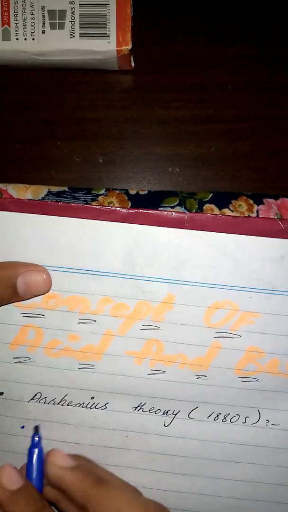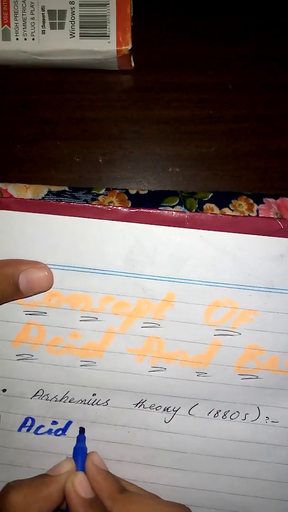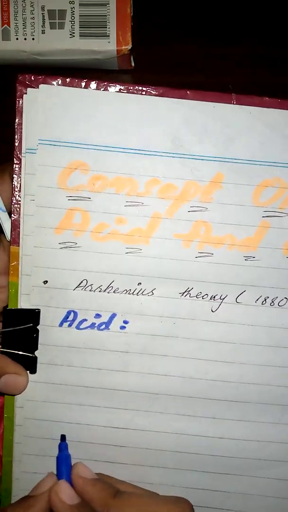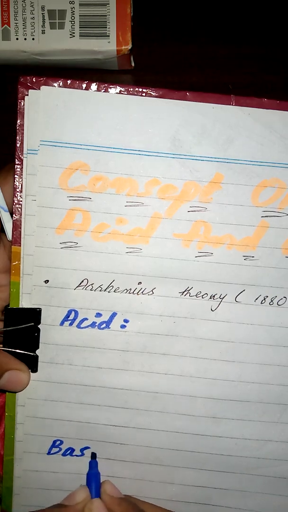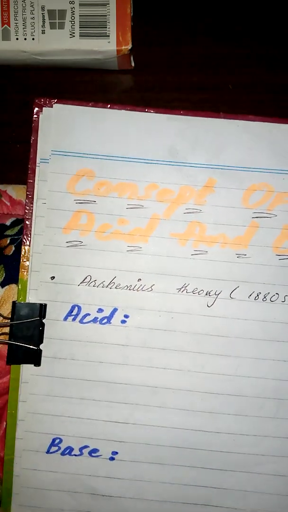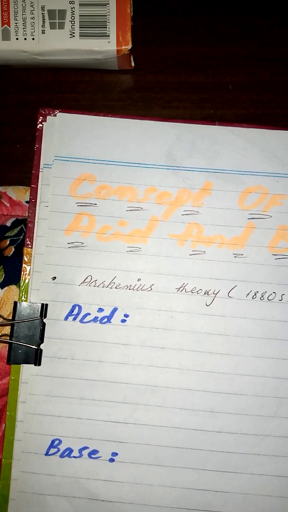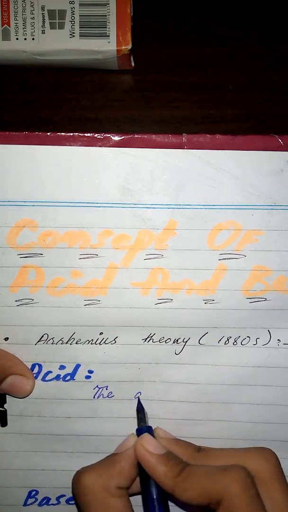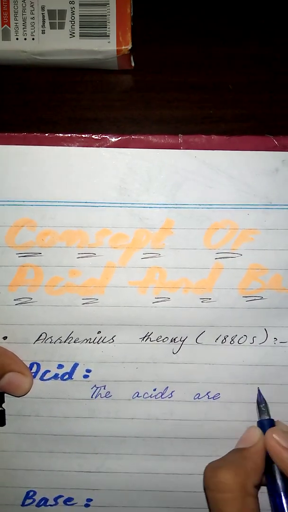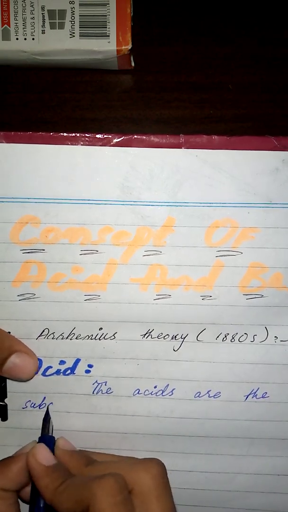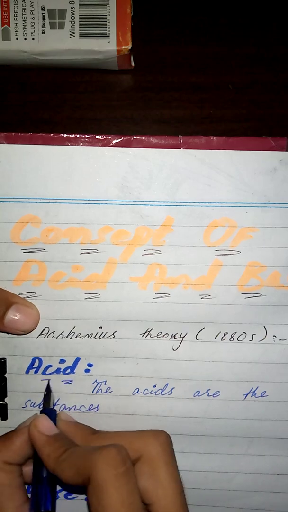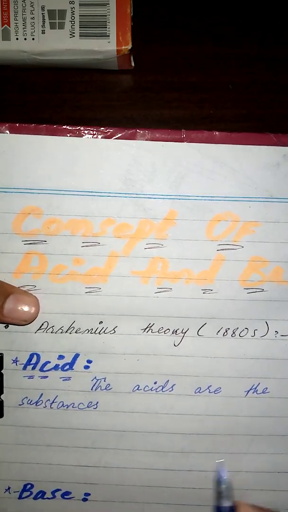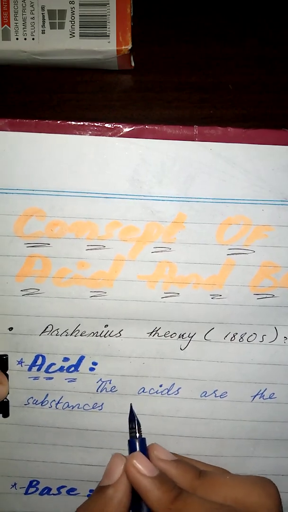After that, what he told us about just acid, and second one he told about base. Arrhenius theory gave us that the acids are those substances that produce hydrogen. We will start from the acid. Acids are the substances. We are talking about acid of Arrhenius theory. He's saying that the acids are the substances that produce